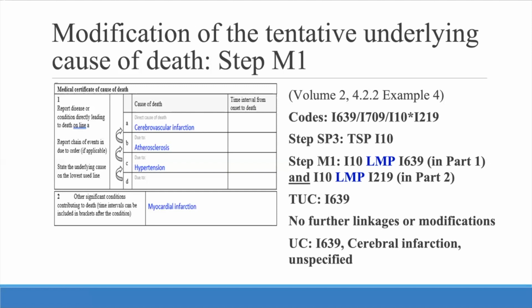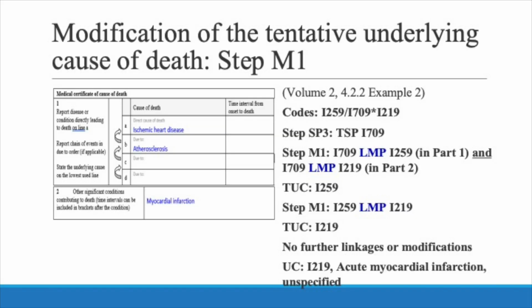Consulting the special instructions for tentative underlying cause I639, there are no further linkages or modifications with conditions on this record. So our underlying cause of death is I639, cerebral infarction unspecified. In this example, we see that on line A is ischemic heart disease, on line B, atherosclerosis, and in part 2, myocardial infarction. The codes applied to this record would be I259 on line A, I709 on line B, and